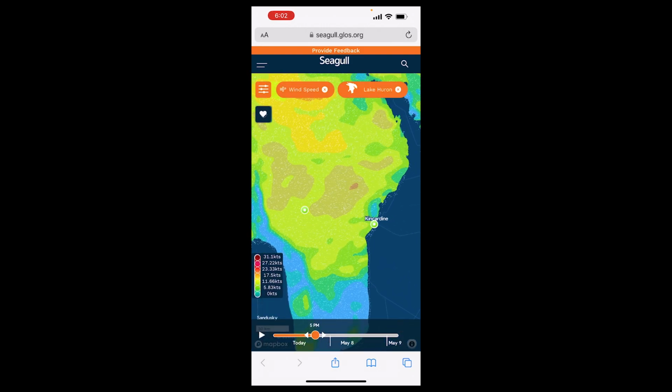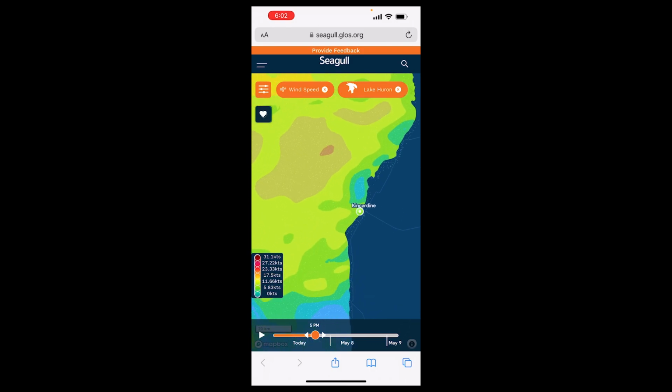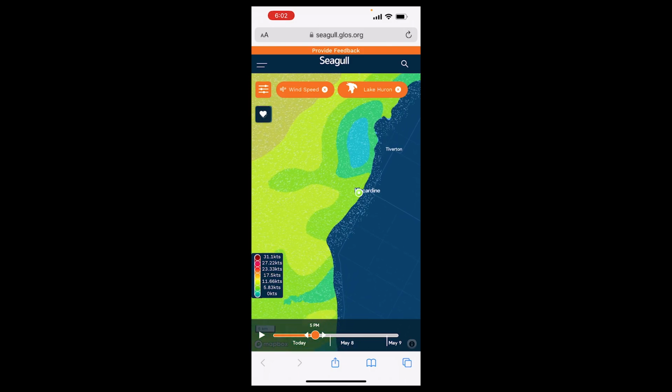Oh my goodness, it's an interactive map, and I've got all these lovely colors on the lake, and if I zoom right in on Kincardine, I've got all these little lines going along, and that shows me that the wind is offshore, it's in a green area, and it's just 5 knots. And so that's pretty good. That's just a very light breeze. So now let's see if we can go back, and we'll see if we can find anything else out here.